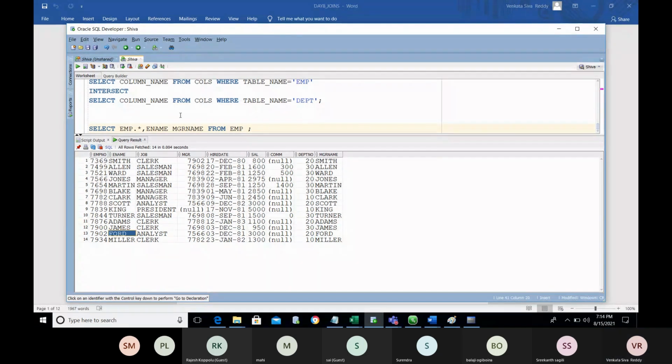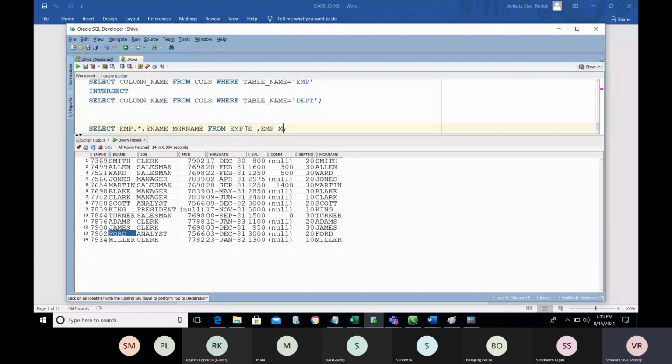Correct. So in that case, we need to use this table two times: one time to fetch the employee information, and the same table again to fetch the manager details. So in this case, EMP as employee and EMP as manager.